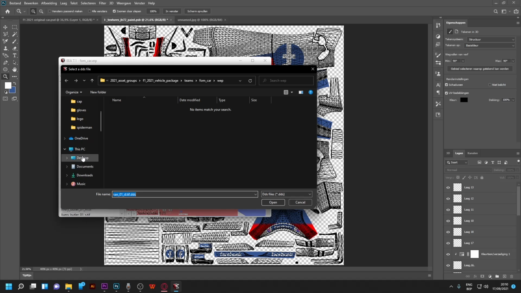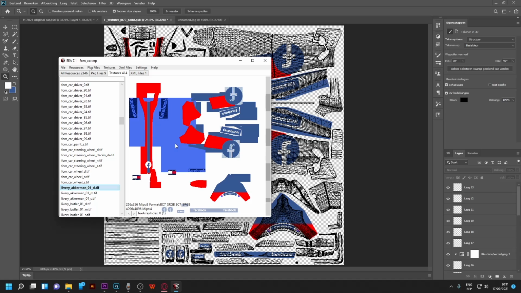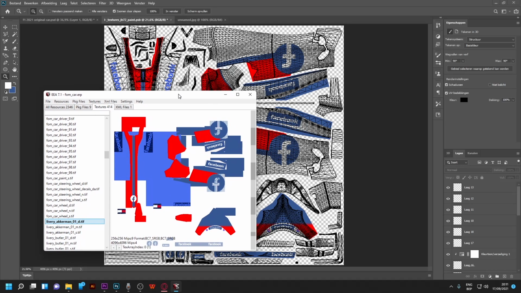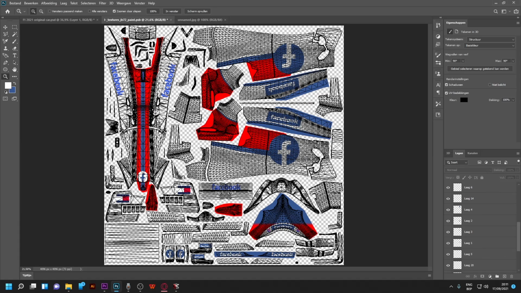Now I have a little bit of a problem because I have to leave. I think it's this. Great, perfect. I'm so glad I'm having this bug. So really, I'm happy. What you see now is, for example, let's say this part over here. You see, it's all stretched out. That is because the transparent area over here is too big. It wants to fill in the spaces, so it's going to expand the